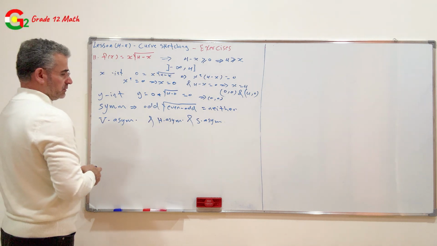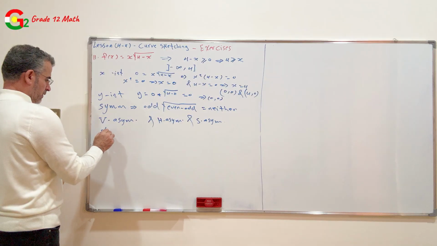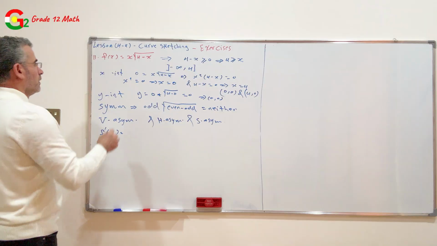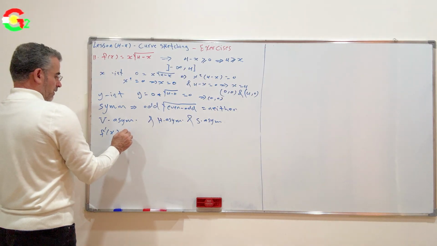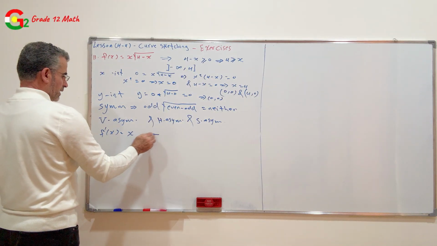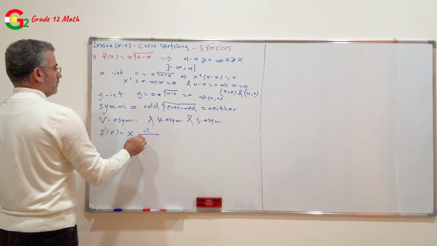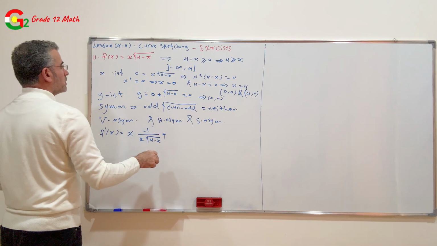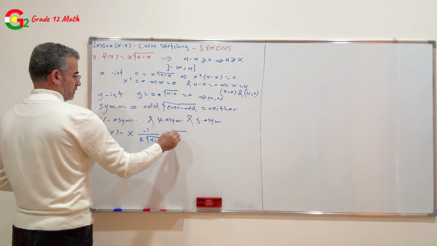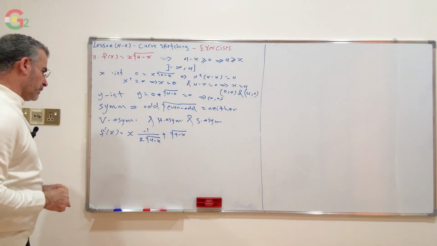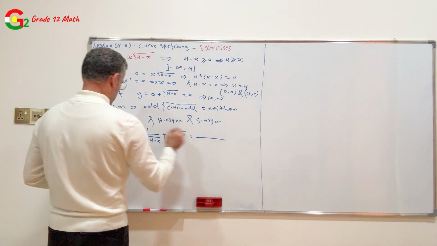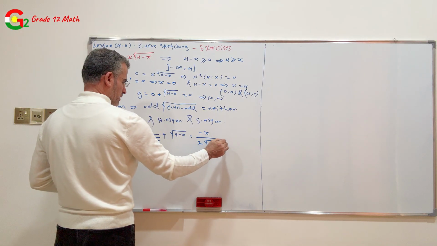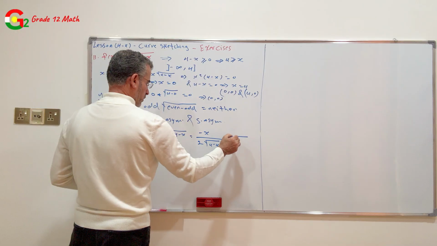We find the first derivative for the increasing and decreasing interval. The first function times the derivative of the second, negative 1 over 2 square root 4 minus x, plus the second function times the derivative of the first function, 1. Simplify this. Negative 1 times x, negative x over 2 square root 4 minus x, plus square root 4 minus